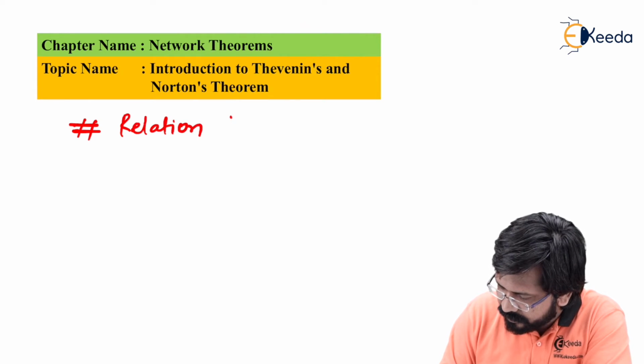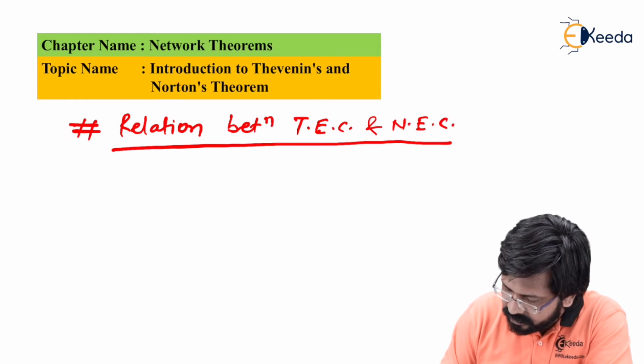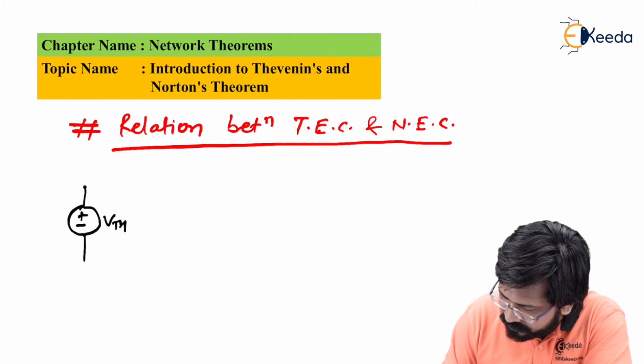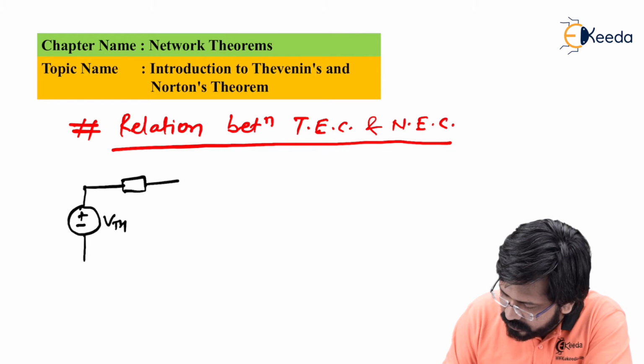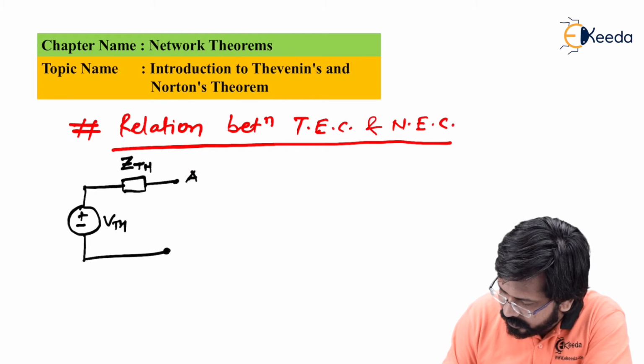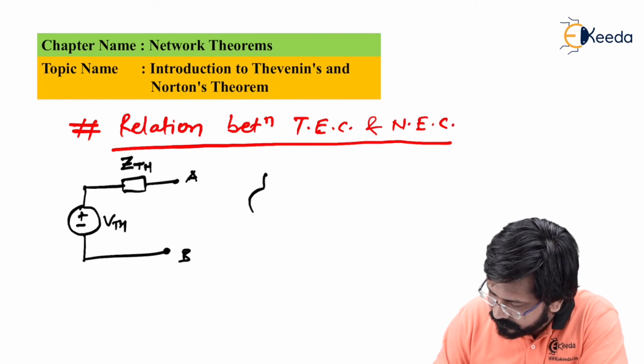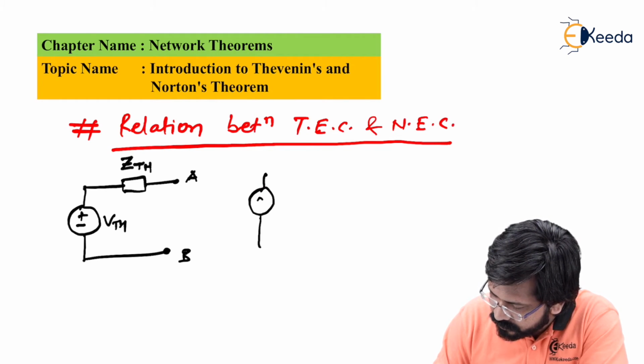So it's a relation between TEC and NEC. If you remember, the Thevenin's equivalent circuit that we had is plus minus VTH, and in series with it there is ZTH with respect to 2 points A and B, whereas the Norton's equivalent circuit where we had only one current source